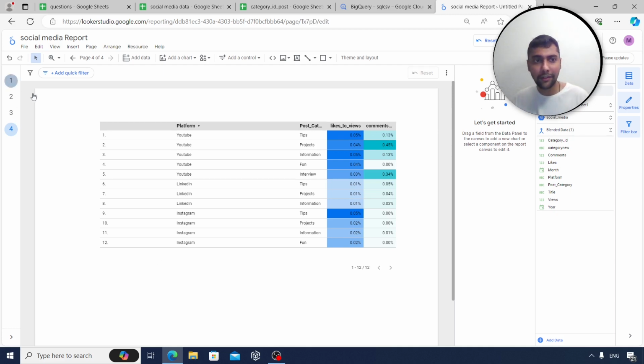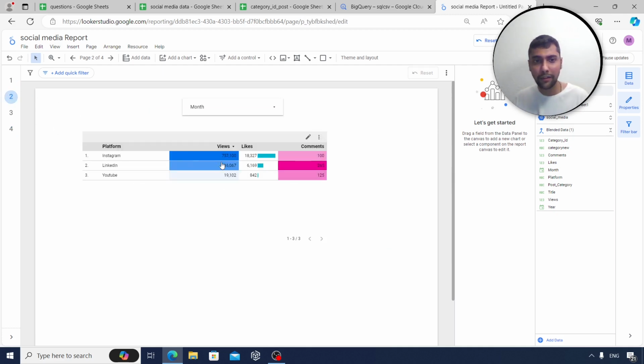So that is an interesting trend to note. If I come back to this page, you notice that YouTube has lower views, likes, and comments as well, but the likes to views ratios and the comments to likes ratios are good, right? Although overall numbers are not that high, there is reasonably good engagement compared to the views happening